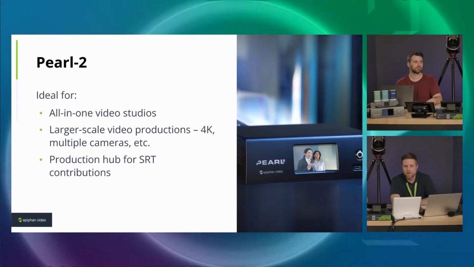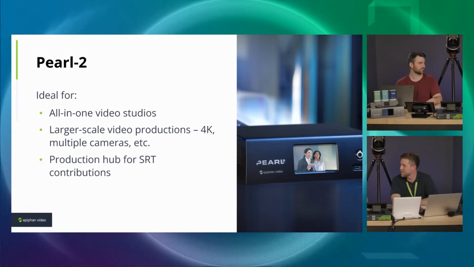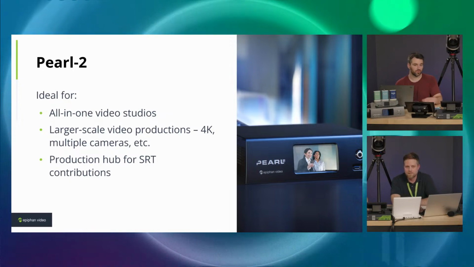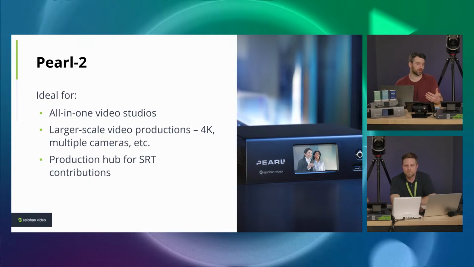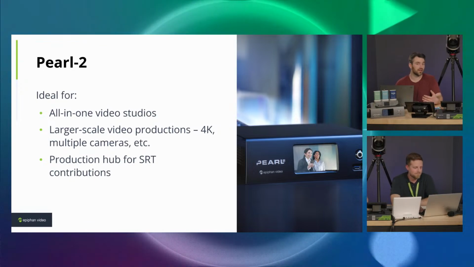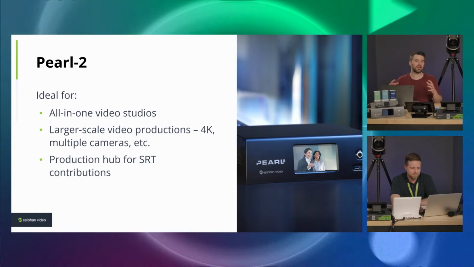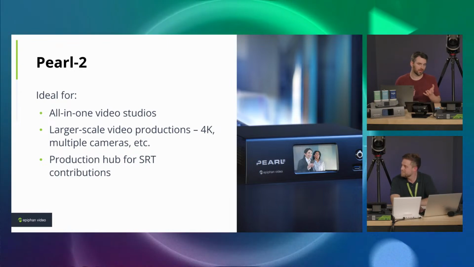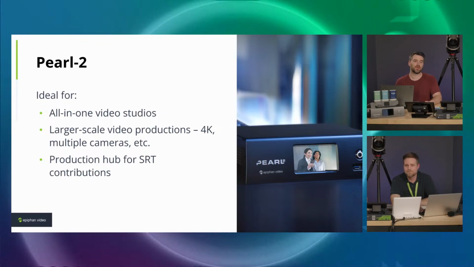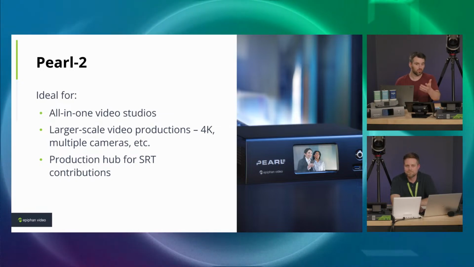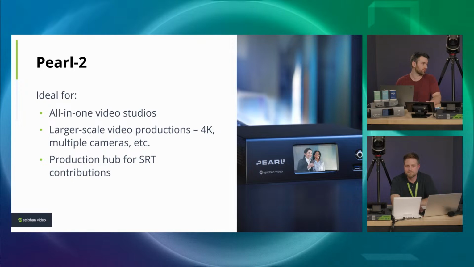And then here we go. We've got Pearl 2. This is sort of the flagship, the big boy. What can you tell me about Pearl 2, Ryan? Well, Pearl 2 is where you need to capture up to 6 sources. Those could be 6 NDI-HX sources. Places where you need a device that can handle a whole bunch, do it all in one box, and just be reliable. Put it on the desk, or we even have a rack mount version of it too.